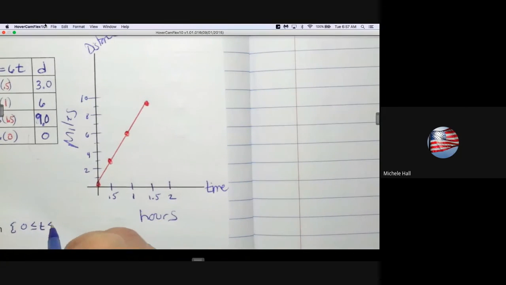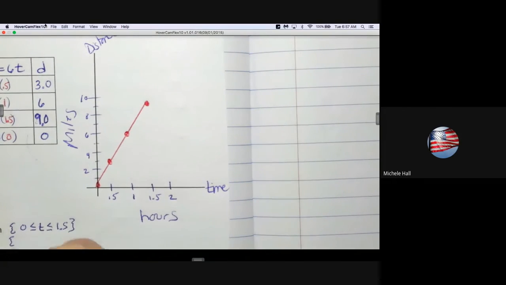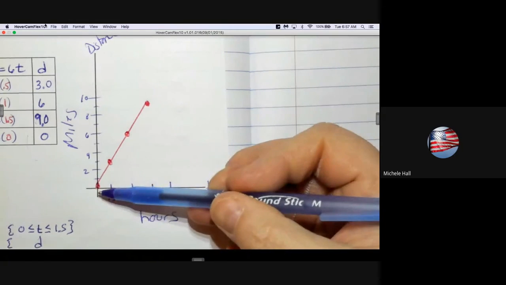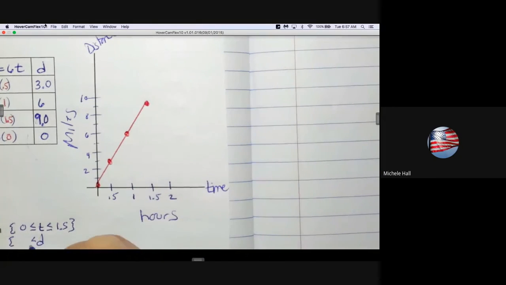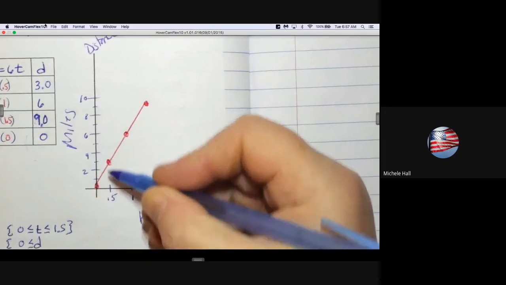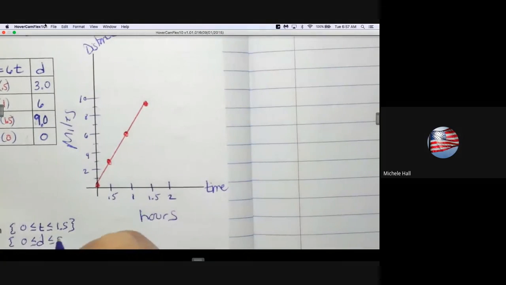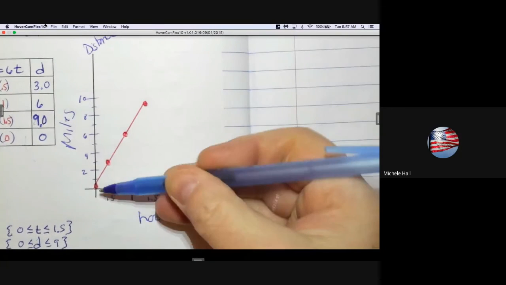Then it has to be less than or equal to 1.5. The range, which is about the distance, the distance has to be greater than or equal to 0 and less than or equal to 9. The range is going from 0 to